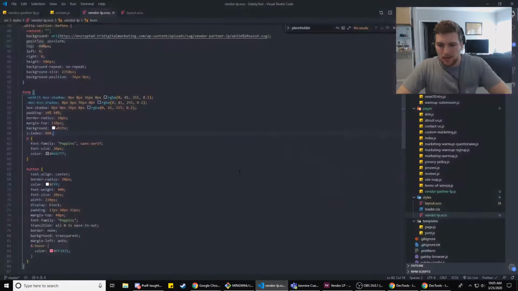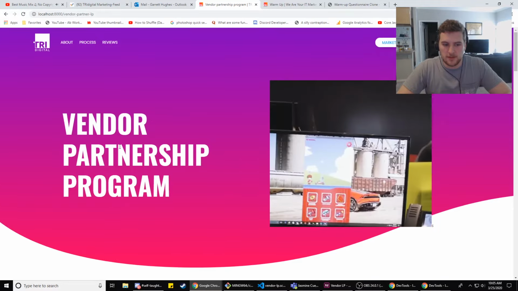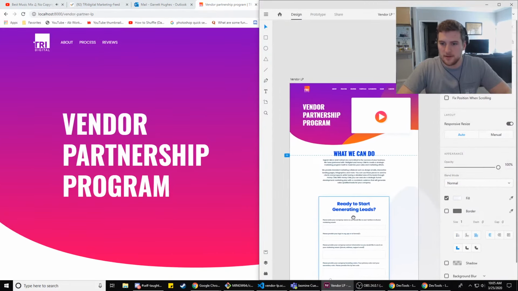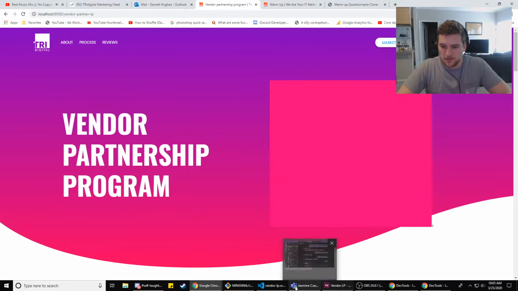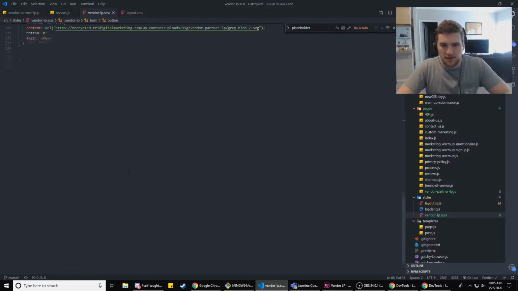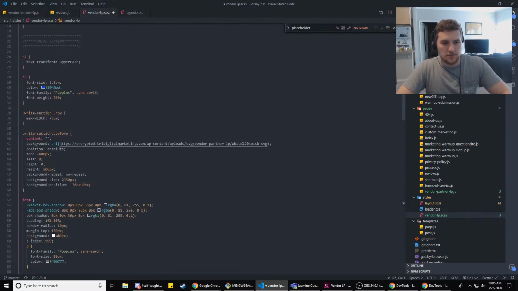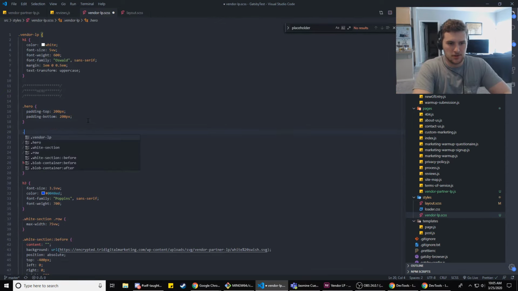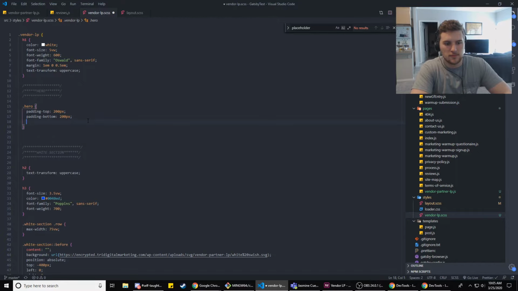So, all right, where are we at here? I feel like the padding's not right on that, is it? Oh, we need to add that background blob. That'll make it look better. So that'll be in the hero section, vendor LP. So let's grab this URL here. And then we're going to go up to our hero section, and then we'll do hero and we'll do and after, right?